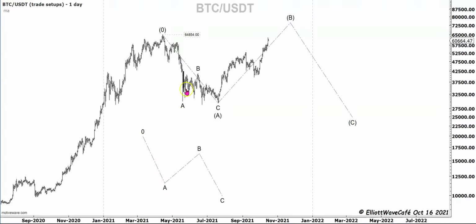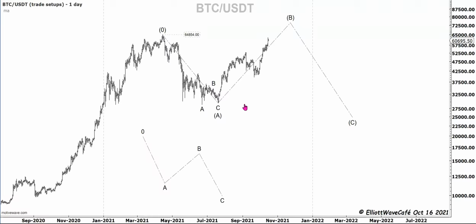Your wave A of a zigzag needs to be in 5 waves, and you only have 3 waves in here. So that means that you kind of have to move this B wave and say, fine, okay, this is the wave A, and you go 1, 2, 3, 4, 5 for A. You have a triangle in B, and then you have a failed C wave. Very awkward, very ugly. It's not really in my wheelhouse to count things this way, but let's just